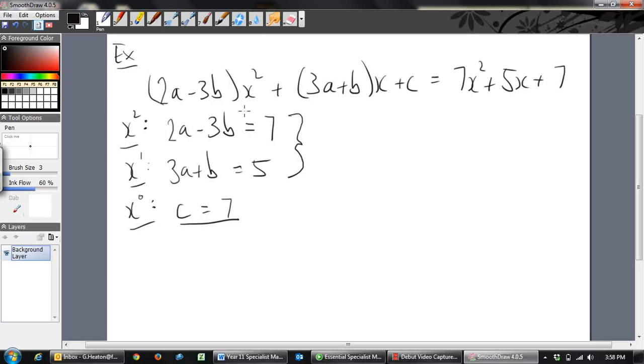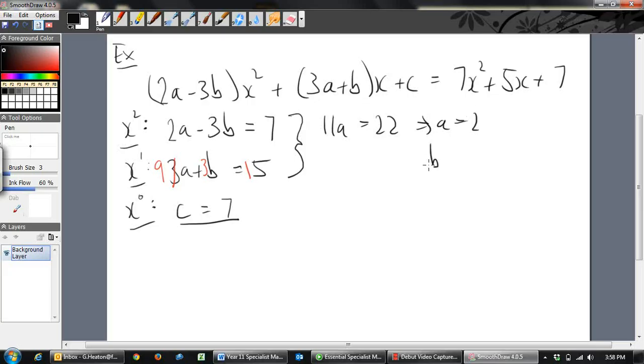And the two equations in a and b, so what we need to do to be able to solve this is to use simultaneous equations. Okay, so if we multiply this by 3, we'll get that 3 there, 9 there. You can use your calculator to do this if you want. That might be a bit easier. So what we get, if now we add these two together, we get 11a equals 22, which means a is